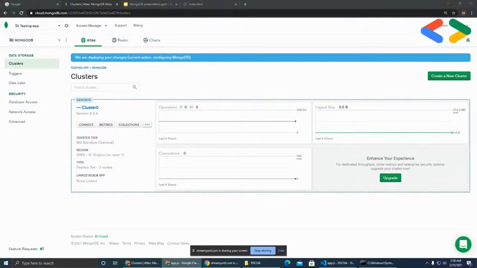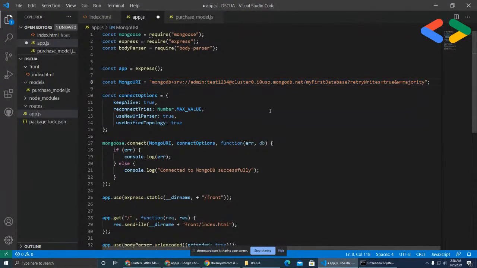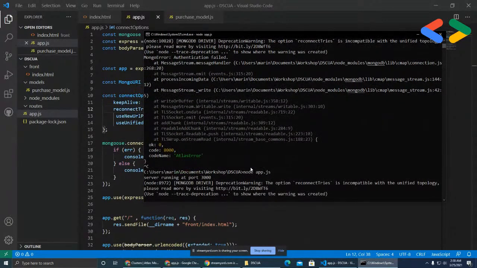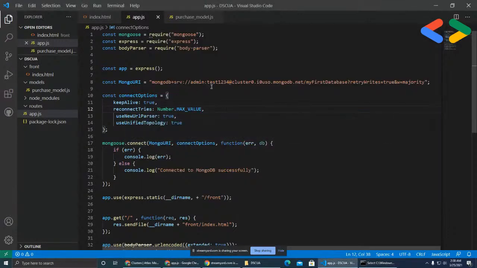I actually had a different URI from back where I was trying it. We can try that one out. So let's test if the connection is now successful. And indeed it is. So please guys, make sure to have the correct password when you try to access your database. As you saw, I probably made a typo out there, and